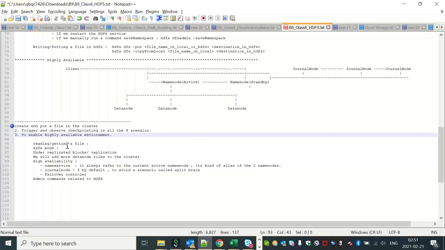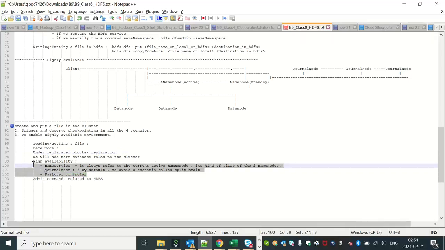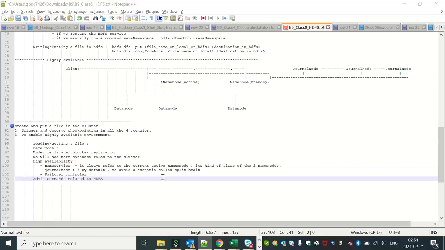So yeah, we are left with safe mode and we have to add two more data nodes to the cluster, and I have to explain to you about high availability. Okay,